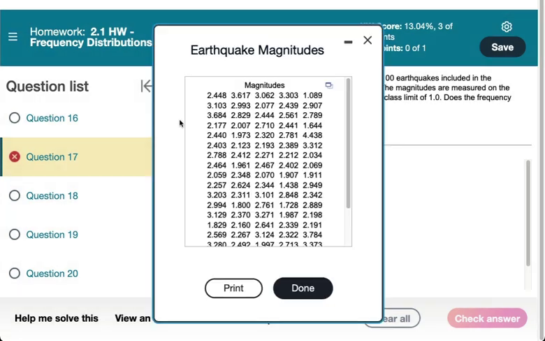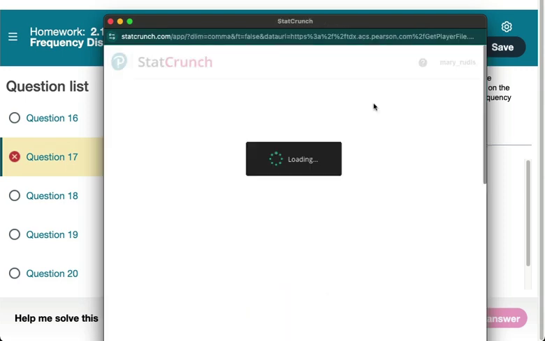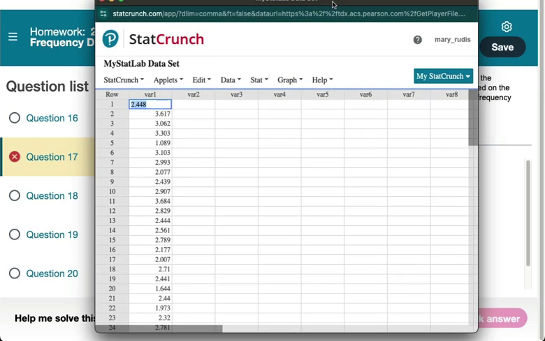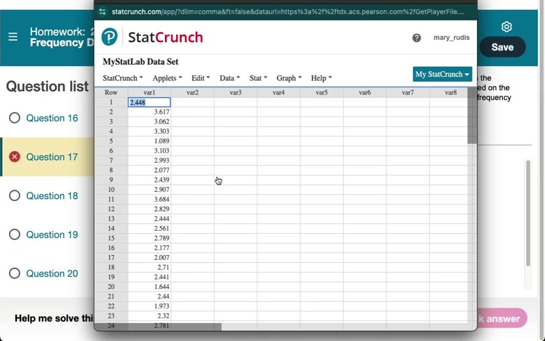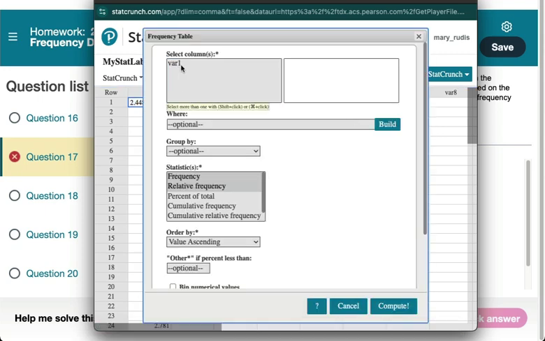If I click on this icon, we actually see our data is listed here. Those are our numbers, so we can go ahead and open it in StatCrunch. There's our data. These are magnitudes of earthquakes. So Stat, Table, Frequency. Select the column, select frequency, and we could even look at relative frequencies if you want,